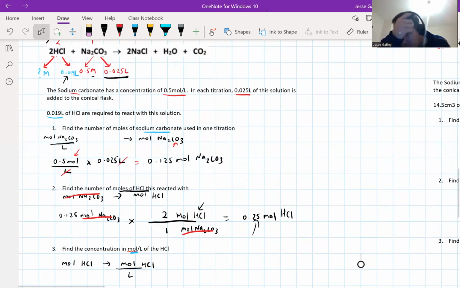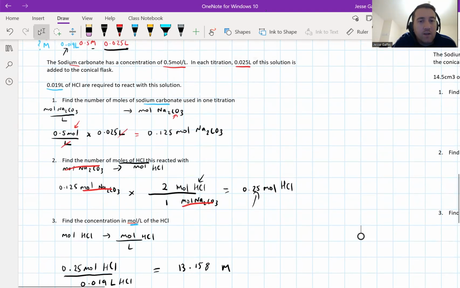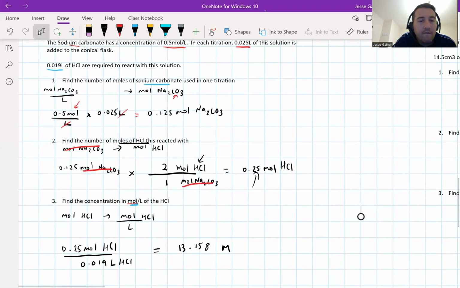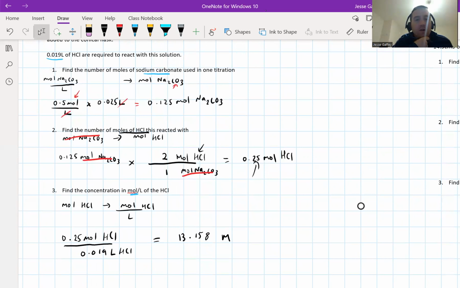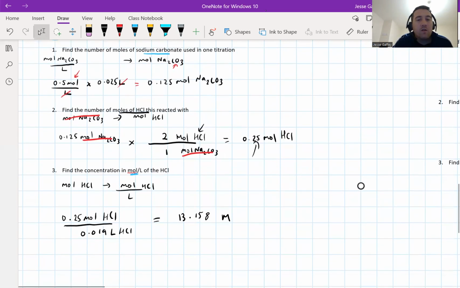That number just seems very high. I'm just going to have a little investigate here. Have I done something wrong? I've got 0.25 moles, and that was in a volume of